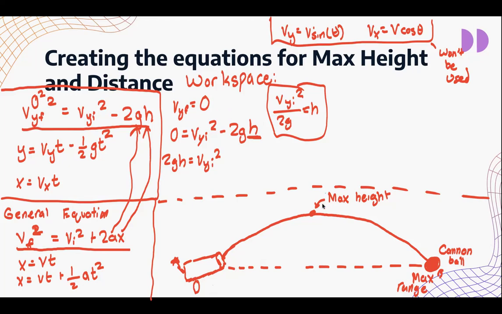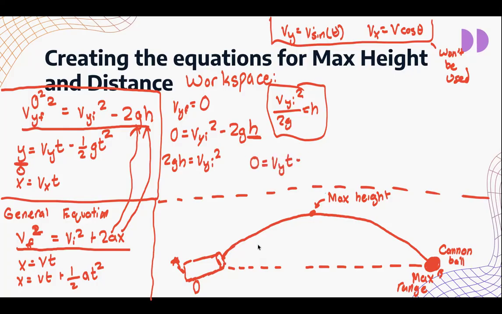And then I'm just going to move on to range. So for the range, the important part is realizing that the max range is when the cannonball hits the ground again. So when this y is equal to zero, correct? And I'll tell you why we're using this equation later. But when this y equals 0, we just get